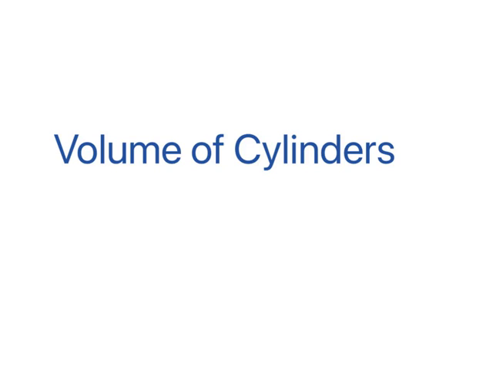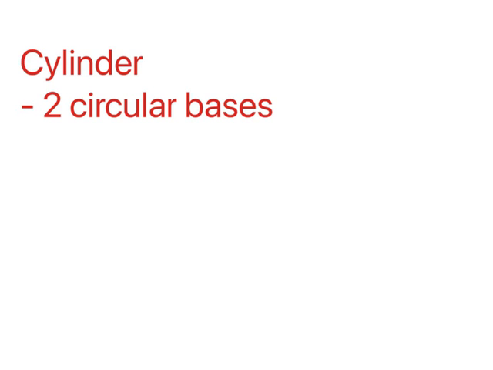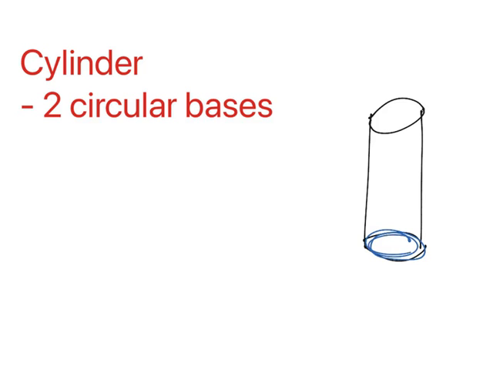Let's talk volume of cylinders. Now, just to refresh, a cylinder has two circular bases and they are congruent. When I think about a cylinder and I'm talking about the volume, it means we are filling it up. If we think about the area of the base, every layer of this has the same area. So what we're going to do is find the area of the base and then multiply by